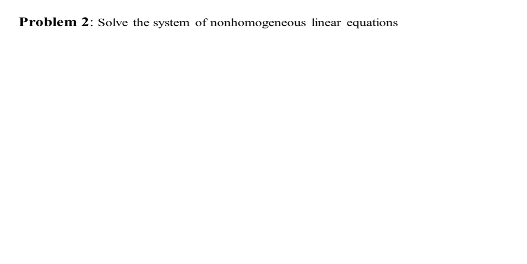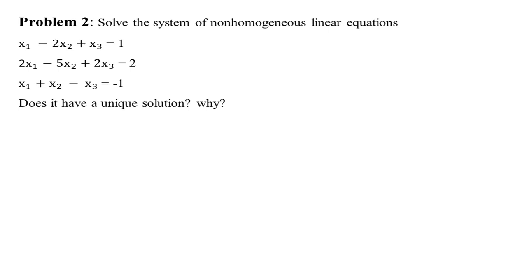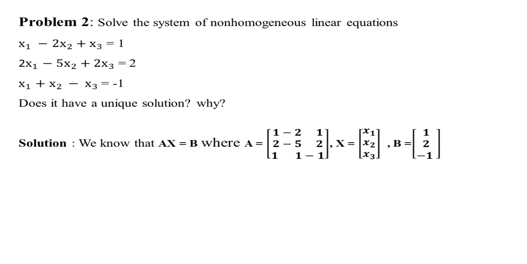Students, here is a problem to solve the system of non-homogeneous linear equations: x1 minus 2x2 plus x3 equal to 1, 2x1 minus 5x2 plus 2x3 equal to 2, x1 plus x2 minus x3 equal to minus 1. Does it have a unique solution? Why? Solution to this problem. Students, we know that Ax equal to B, where A is the associated matrix